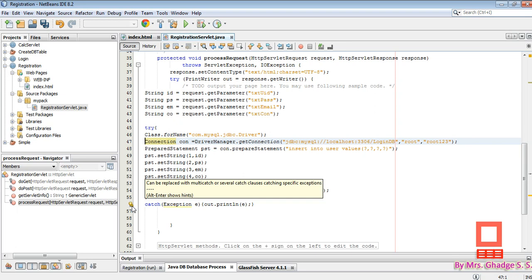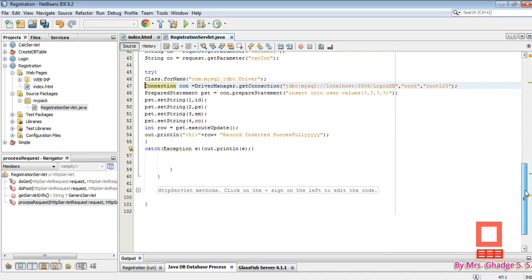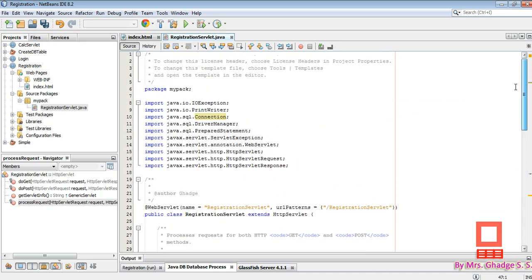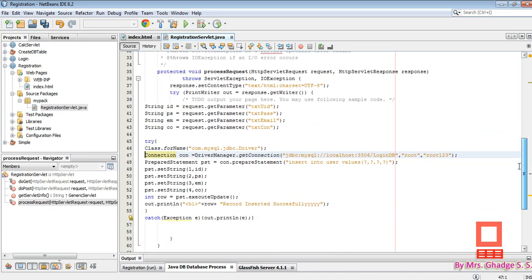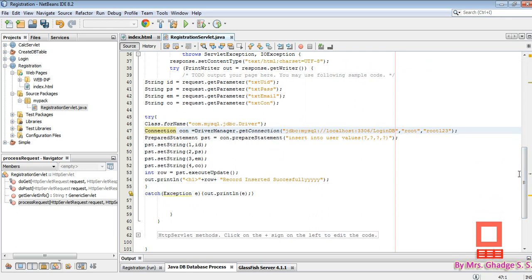Here we have written a common catch statement. Instead of a common catch statement we can write multiple catch statements, like ClassNotFoundException and SQLException. These two exception classes we can write in two catch blocks, but instead we have used only a single catch statement.